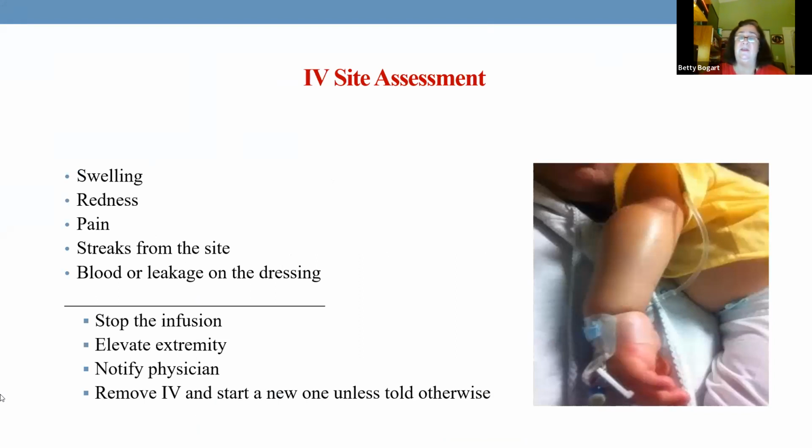Again, IV site, you see something's going on, swelling, redness, pain. First thing, stop the infusion, elevate it, let the physician know, and then if we have to restart the IV,